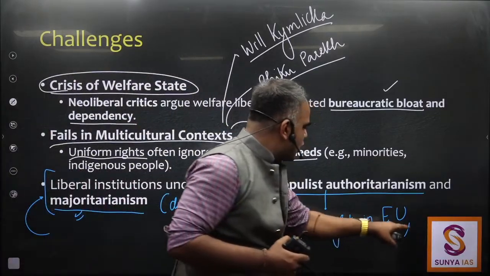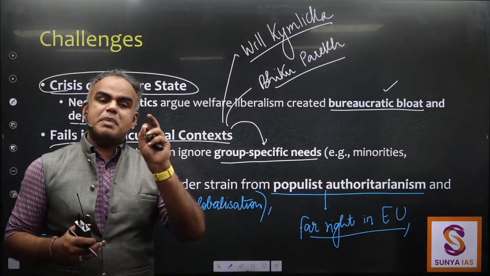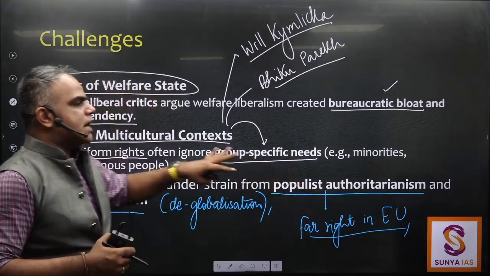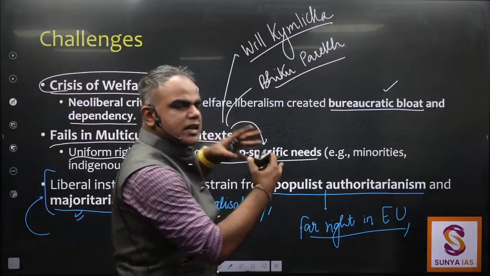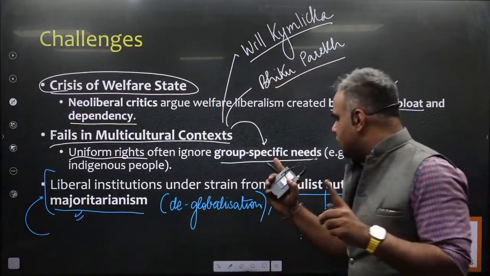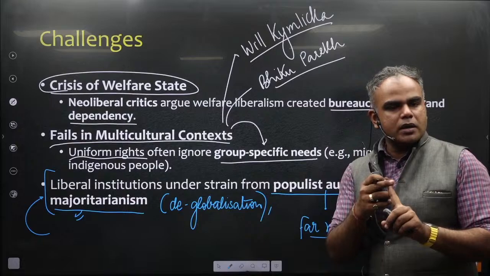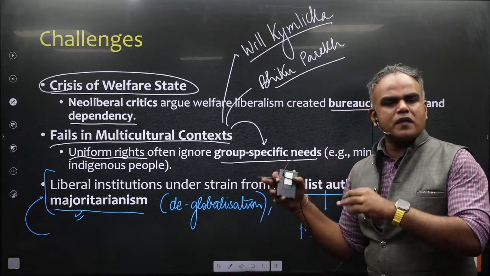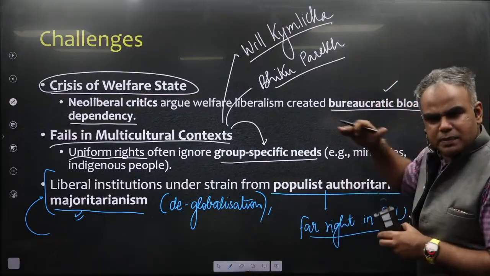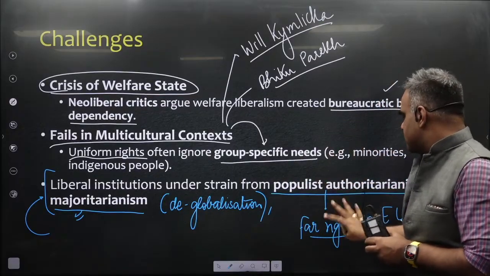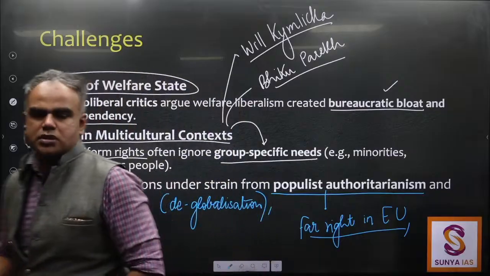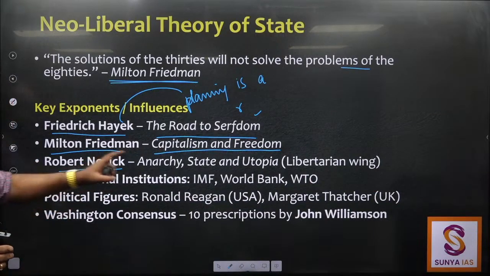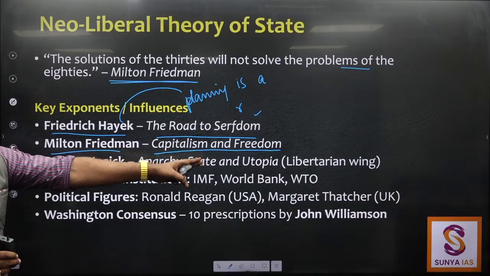But these points will be more relevant in Paper 2A. Please remember that. When you give them, I don't think you would have too much scope to write everything in Paper 1A. In Paper 2A, definitely you can talk about Trump also, or even Germany or specific examples of the EU. When we do that, we will also write the names of the far right parties, like AfD. But for now I think that should help because somebody asked this question. Now coming back, Nozick, Anarchy, State and Utopia. This was the book.